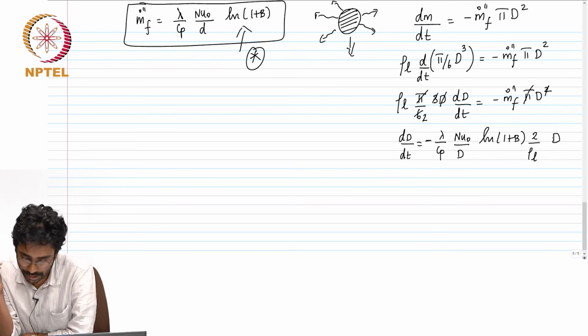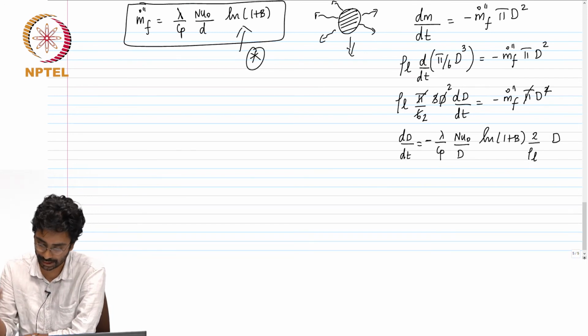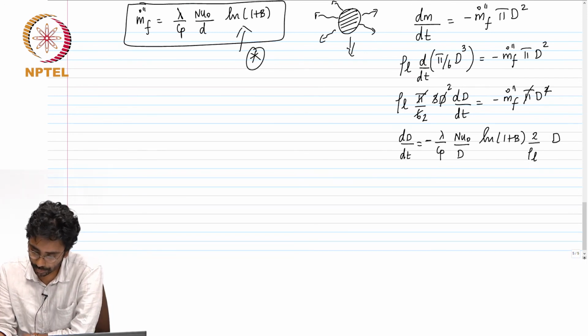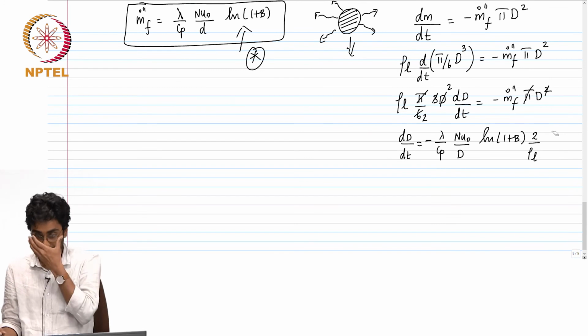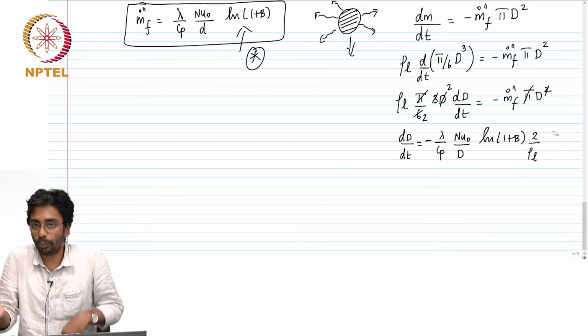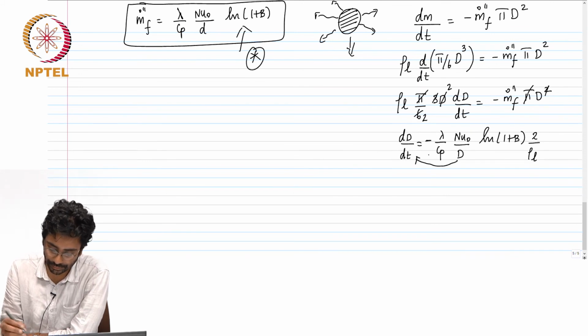I think I have the mistake I made: the derivative of d cube with respect to time is 3d squared, not 3d. So the d square would have cancelled out, and we will be left only with 1 by d. Okay, so that d will not be there, and now the d square law is staring right at our face. Take this d to the left hand side, you have d